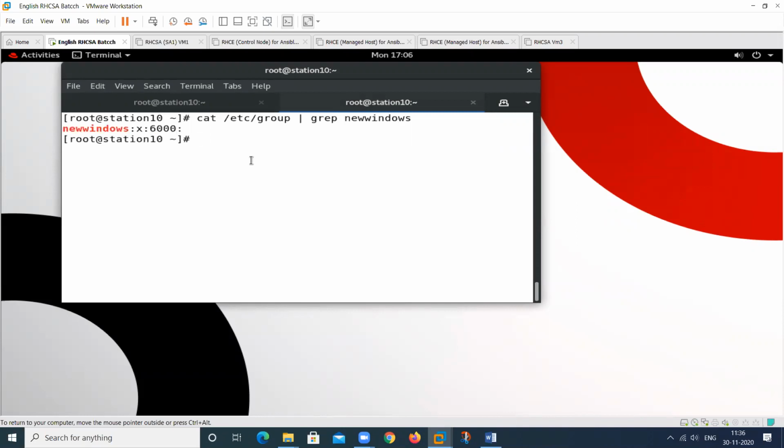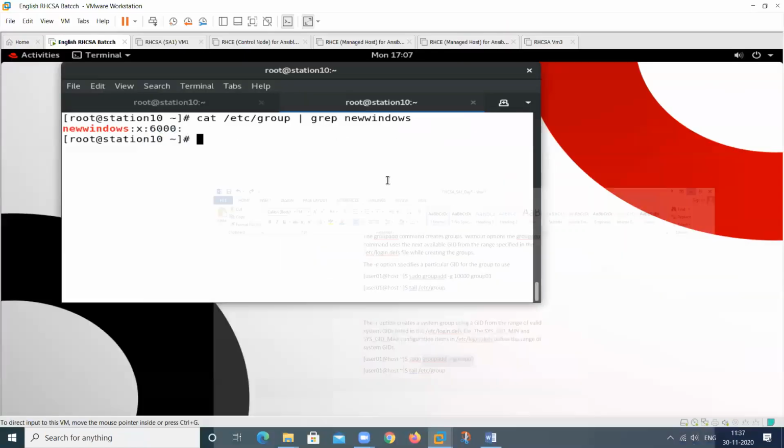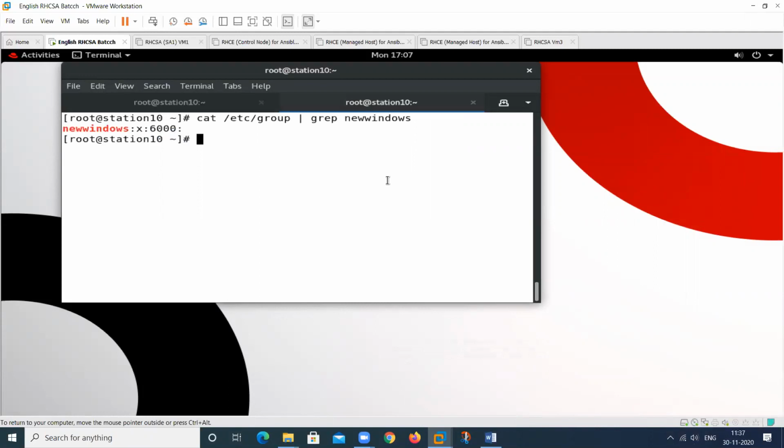And if you want to create a system group, for the system account, you can use the -r option. For the service purpose, it means for NTP, NFS, Samba, HTTP, any service to provide the credential, you can use this particular group.